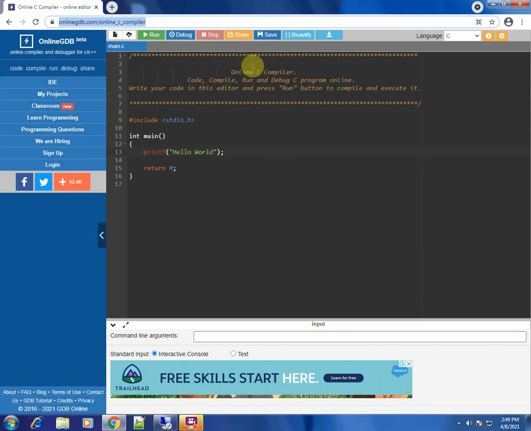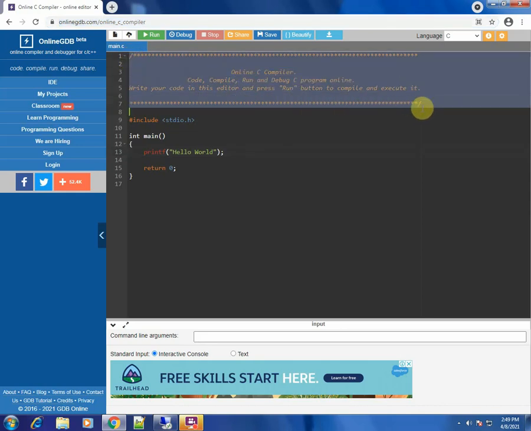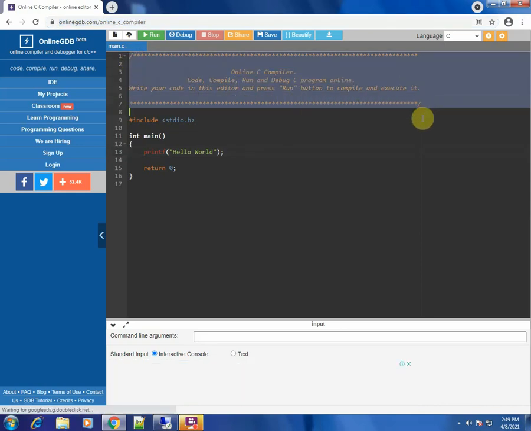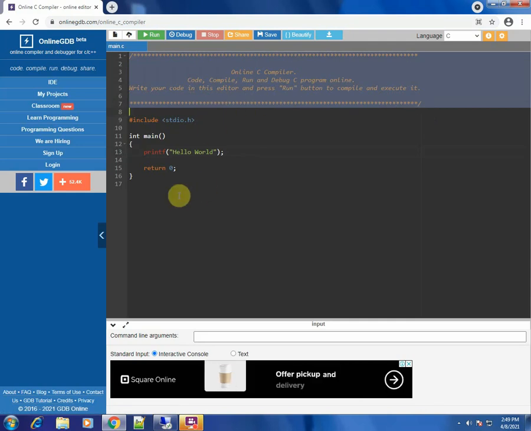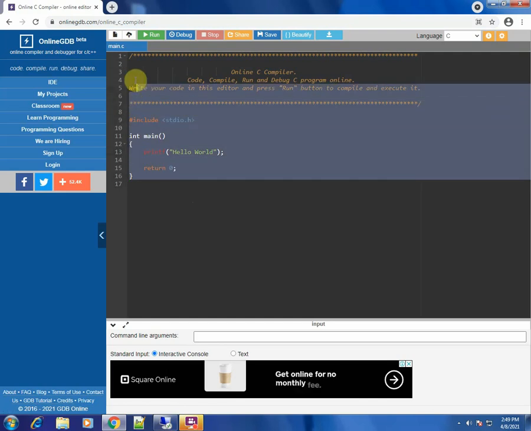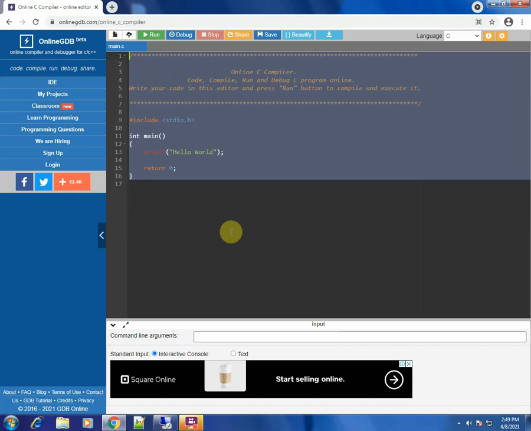So what you see on the screen in orange, which I have marked, is nothing but the comments in the C program. Whenever you open this C compiler, this program is by default present in the compiler screen.